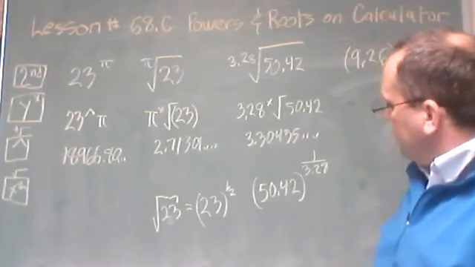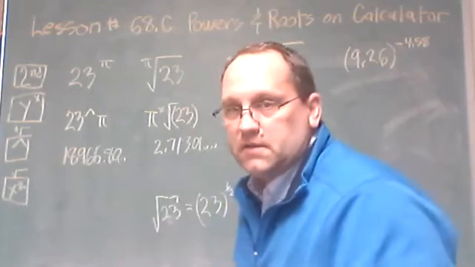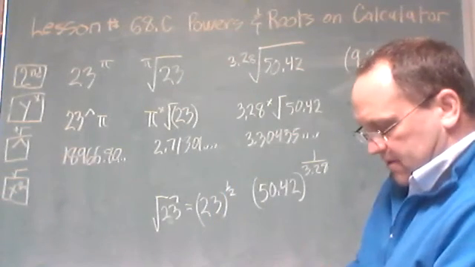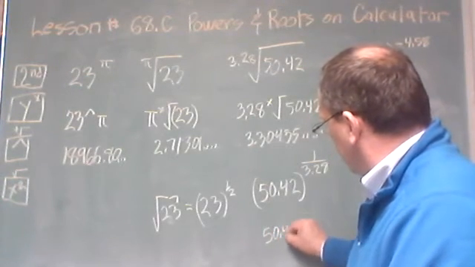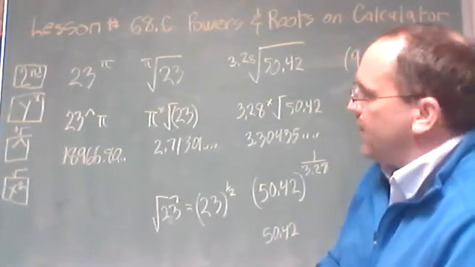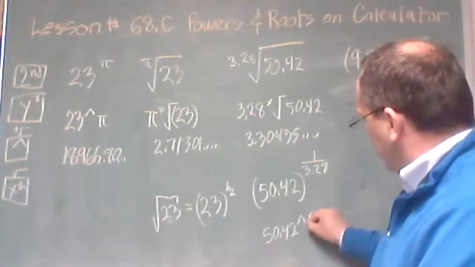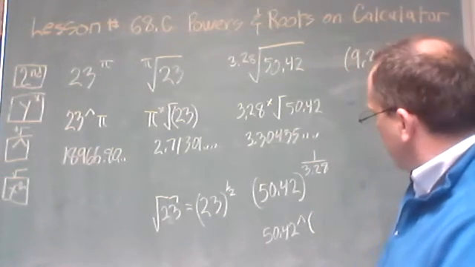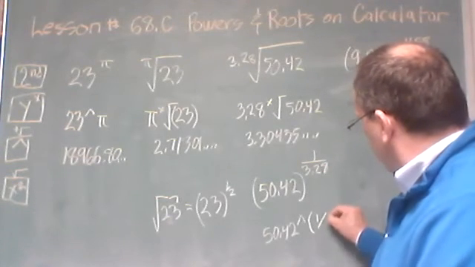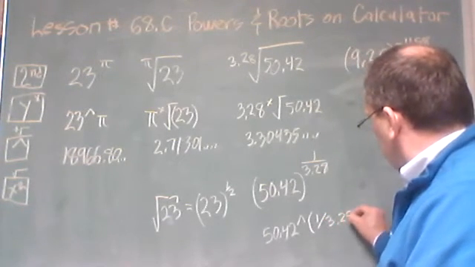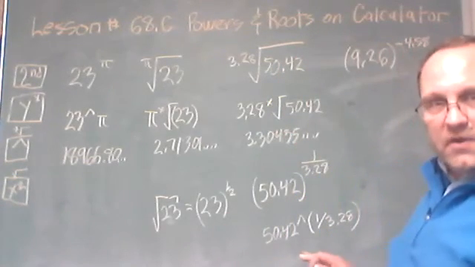On my calculator, I'm going to use this raising to the power button. What I'm going to do, I'm going to type in 50.42. I'm going to hit that caret button, raising to the power. Now what I'm going to do, I'm going to put a parenthesis, and put in 1 divided by 3.28. Okay, why? Because in the order of operations of things,